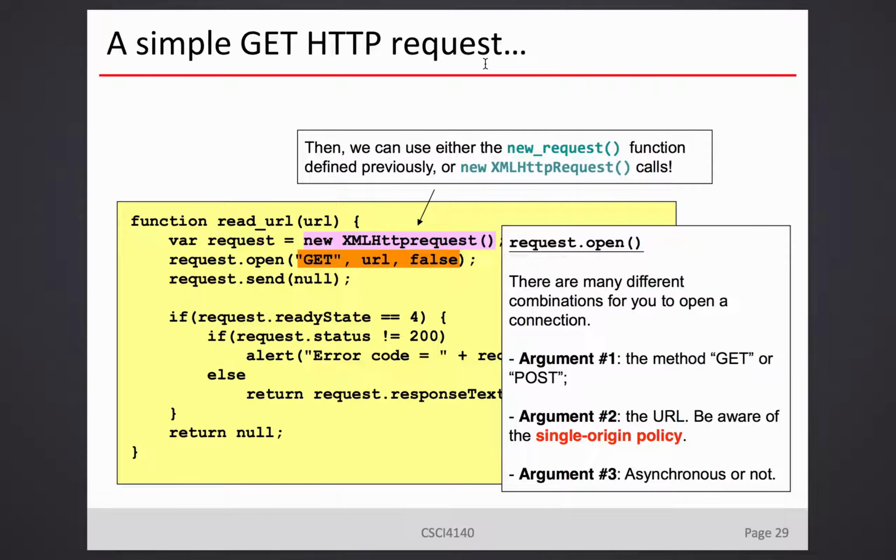First of all, you will open a connection using the HTTP method, let's say get, post, delete, or put. Then you input the URL, and what is this, true or false? It means whether you want to call the things asynchronously or not. False means that we want a synchronous result. So once I call send, it will block there. It's a blocking system call. Block, and then once it returns, it will give you the answer as